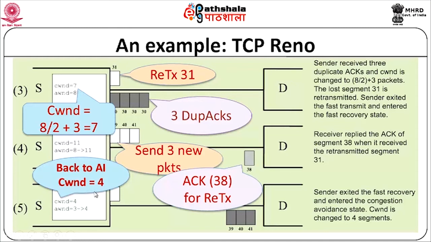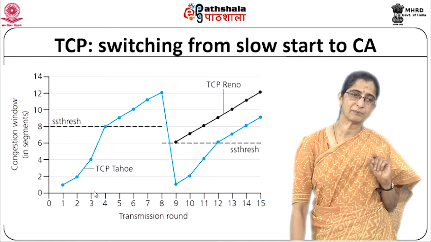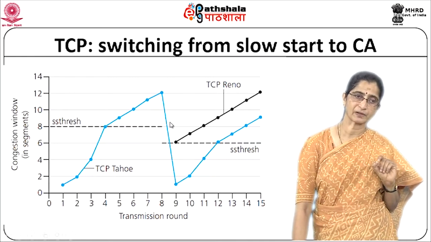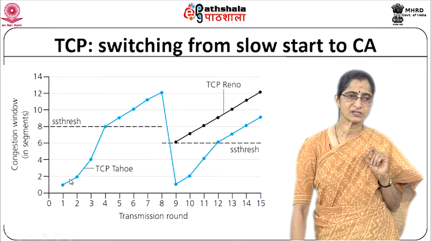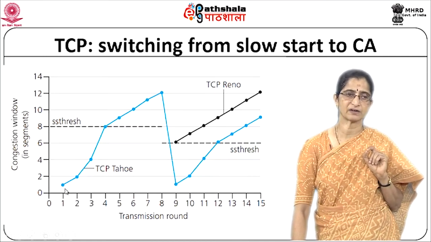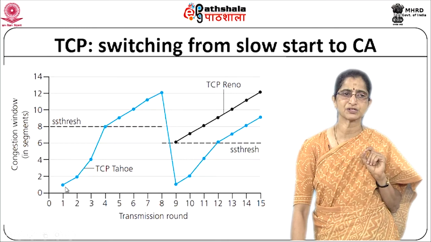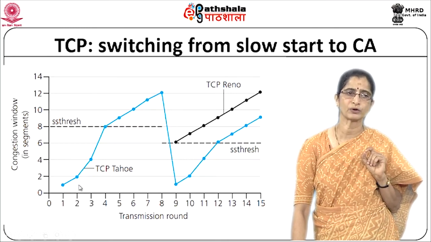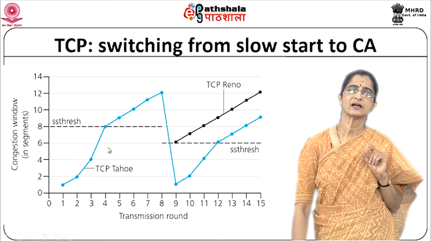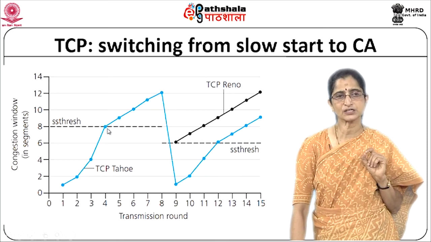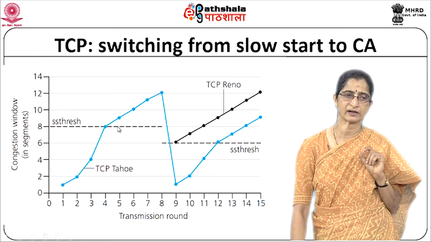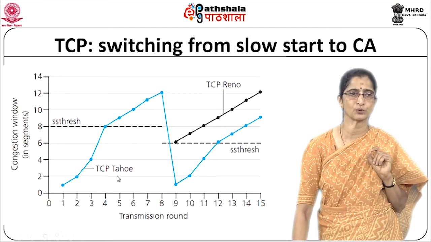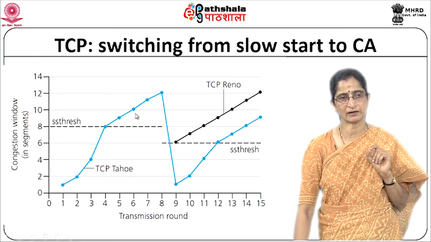Okay, so this is what happens. If you take a quick comparison of both these mechanisms, let's look at what will happen here. Let's say for instance I start off with slow start, I start at the value of 1. So every transmission round, you will increase to 2, 4, 8. Let's assume that the threshold was at 8. So after 8, for every round you will be incrementing it by a value of 1. So you will go to 9, 10, 11, 12.